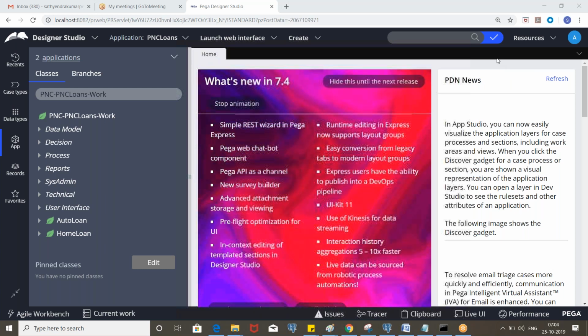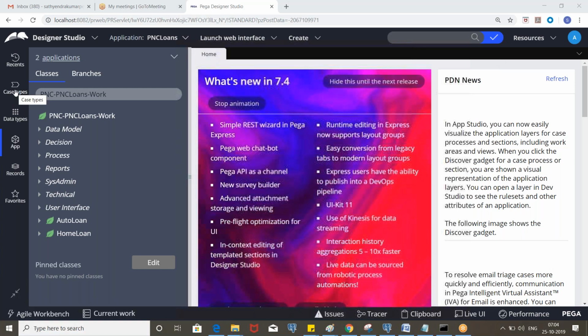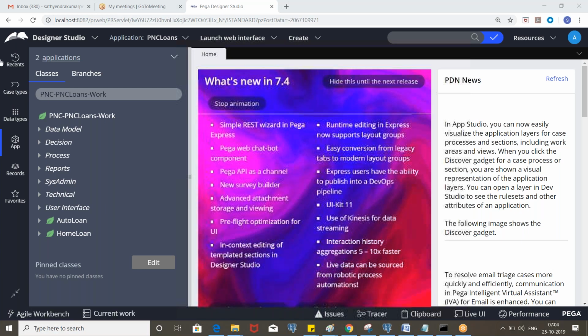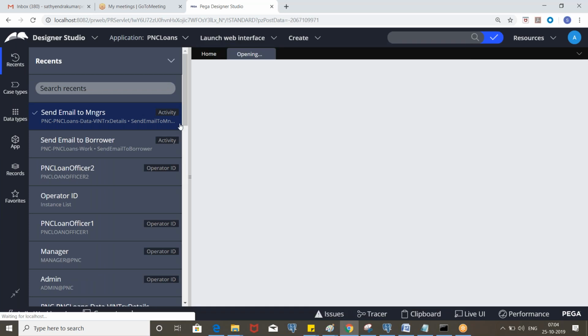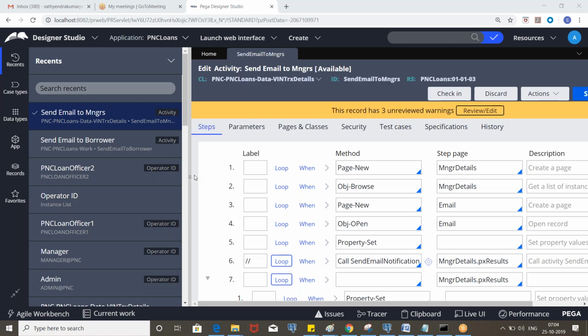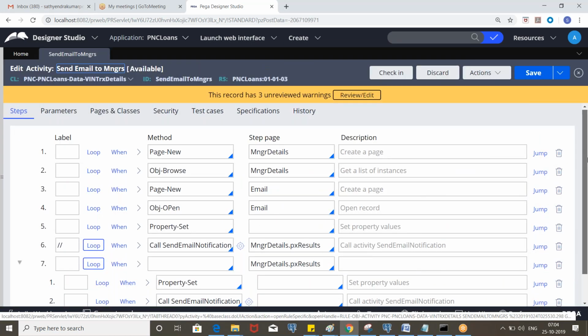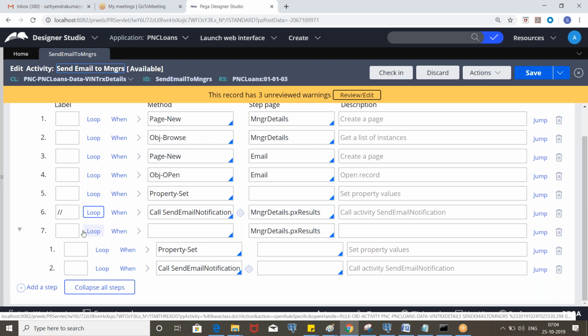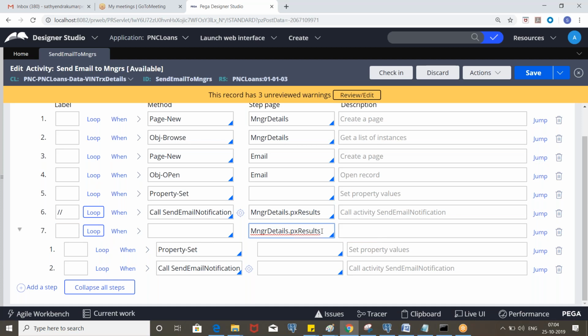So yesterday we created an activity to send an email to the managers, right? So now, we need to include this activity in the declare trigger rule. In the activity, we are using the loop, and when you use the for each embedded page, you need to define the page list property. This loop will be executed 3 times, since we have 3 different manager operators. These are child steps.